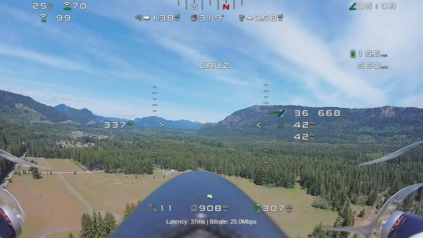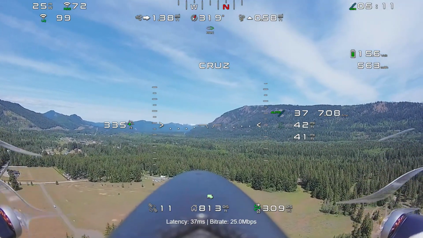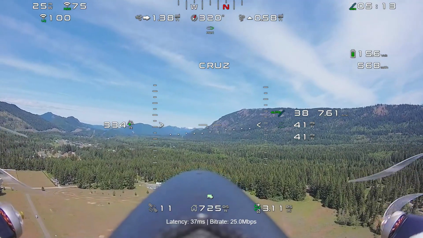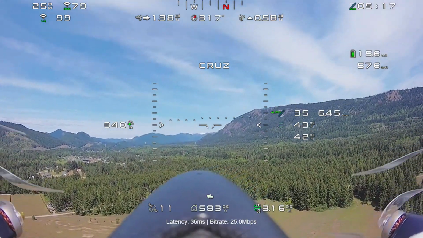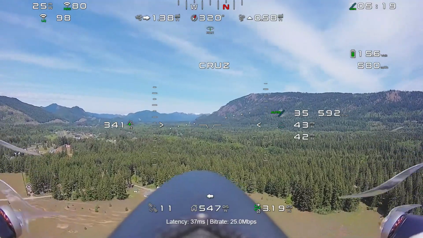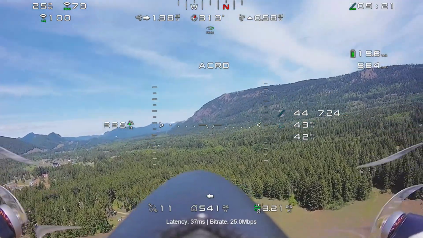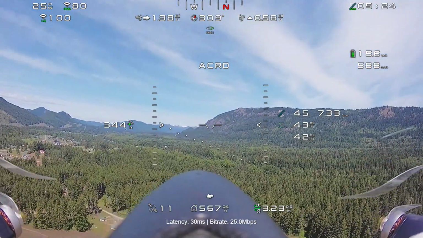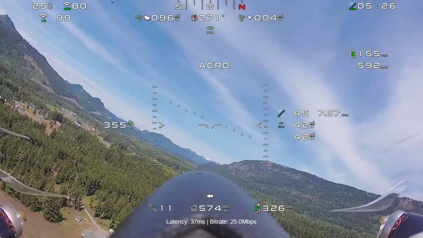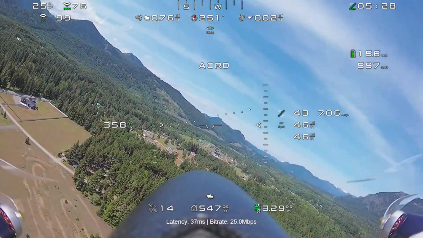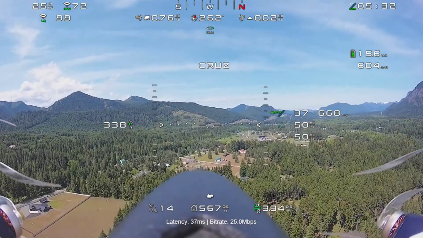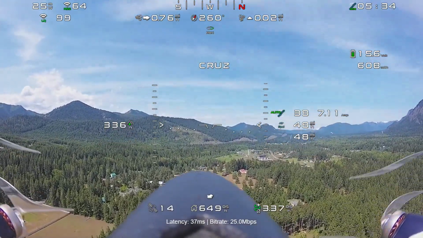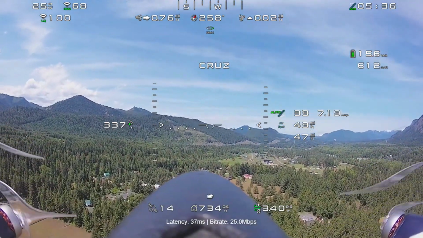But yeah, like I said, it did the backtracking perfectly. I mean, it flew back, but as soon as it got over the home point, the whole OSD just froze, and I couldn't take it out of return to home, and I just watched my plane go. I was at about 98 feet, so it wasn't too bad, and it's a testament to this AtomRC Swordfish too,